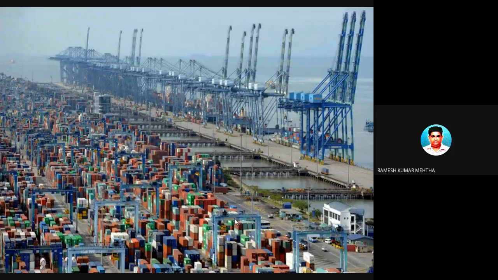And you can imagine the amount of goods which are transported by this particular port, how many people are going to work in this port, the amount of revenue generated for the government, and the amount of employment generated. You can imagine how many companies are there, and who the different stakeholders are: transporters, warehouse people, ship and container manufacturers, truck makers, material handling equipment. So this is a very big concept in itself.